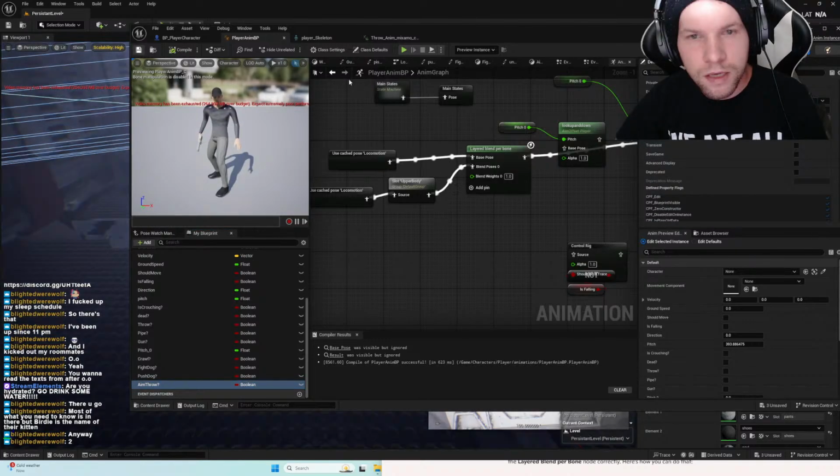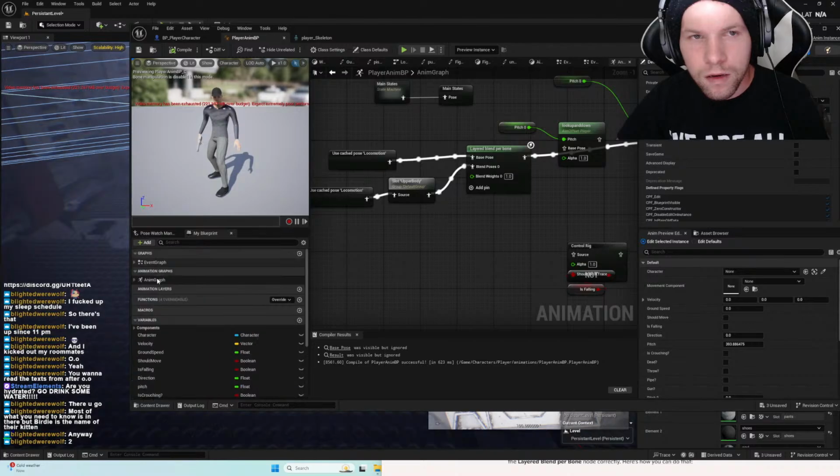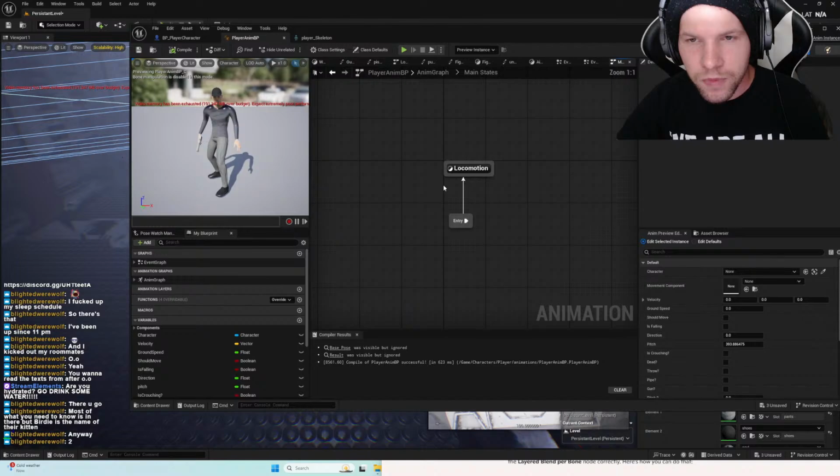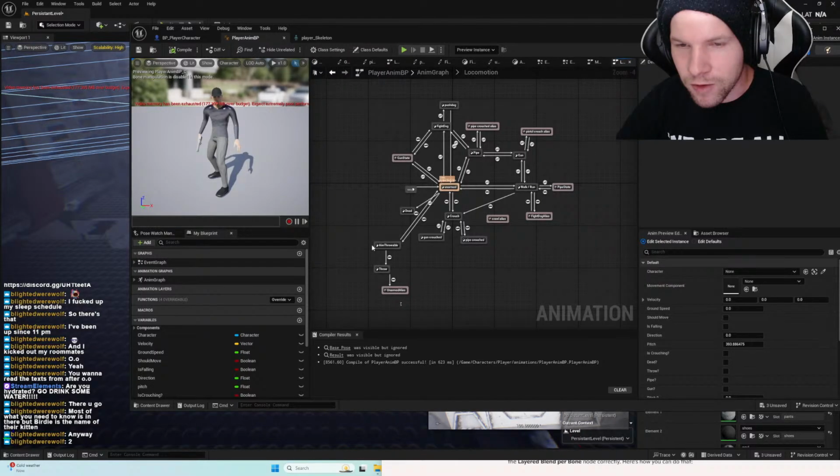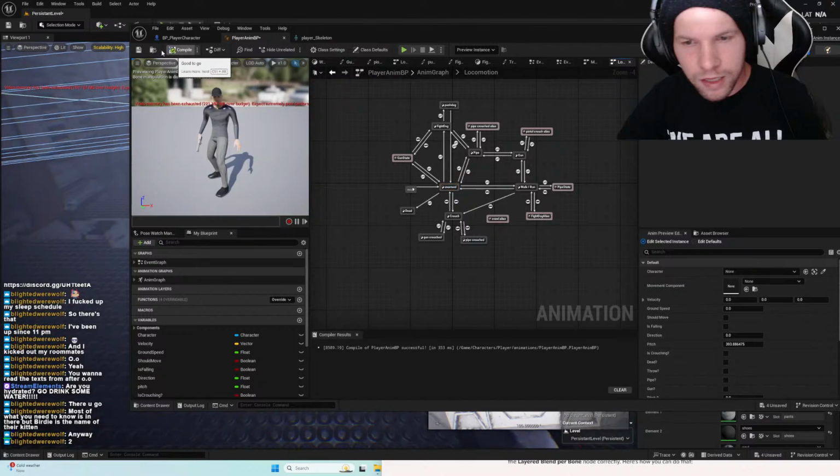Save. And just for the sake of keeping it clean. Come on. We're getting a huge performance drop right now. It's really bad. I'm gonna delete that. Compile, save, close, close, close.